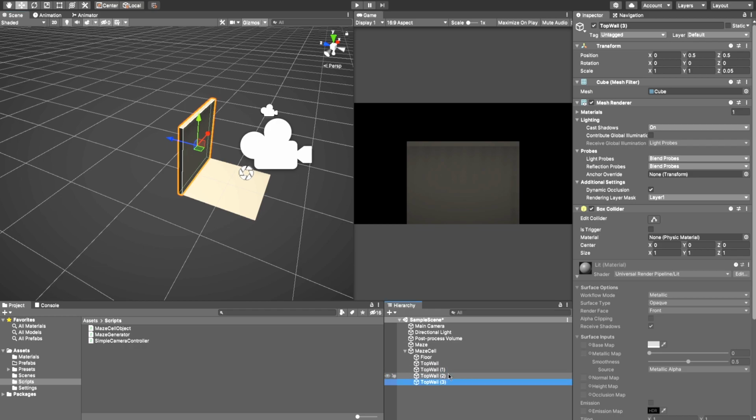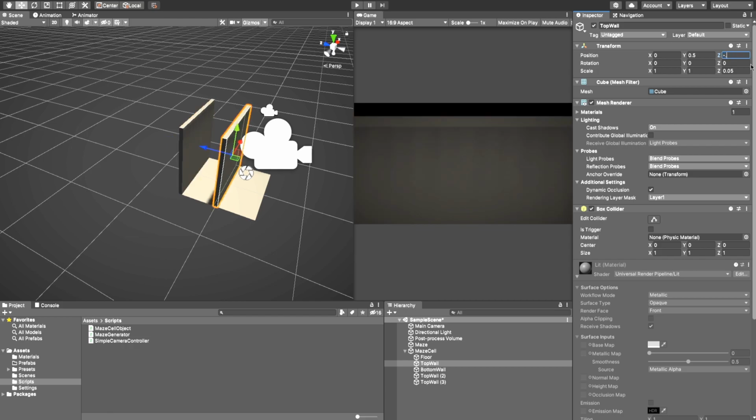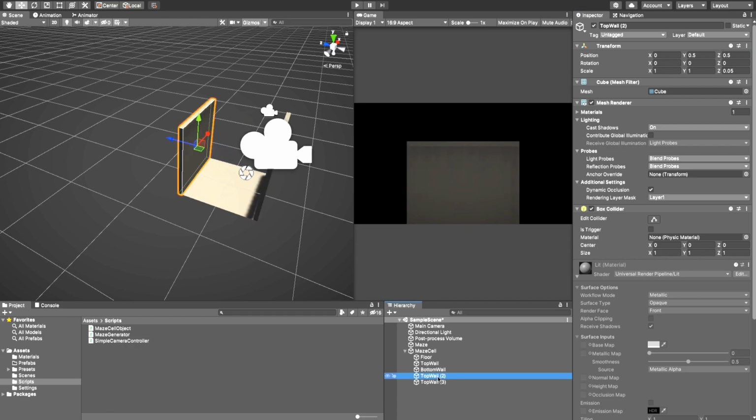And then we're just going to copy that 2 more times. This one is the bottom wall. Now I know what you might be thinking, if you've been paying attention, which is we haven't got a bottom and right wall in our script. So why would we be putting a physical bottom and right wall? You'll see that in a second. It is important. This one wants to be minus 0.5, and then these two are going to be the left